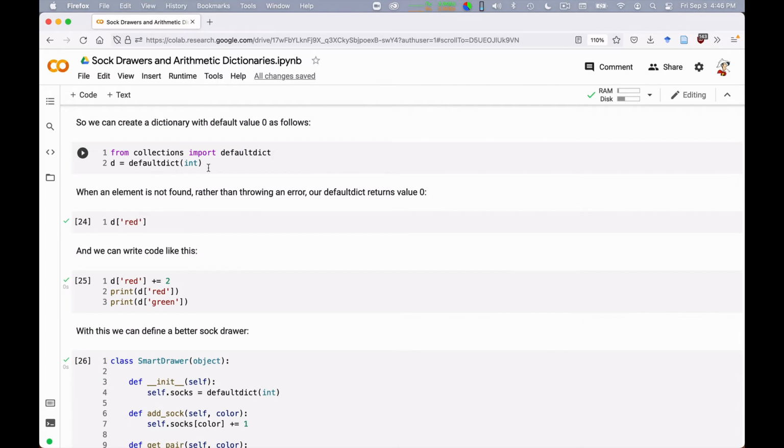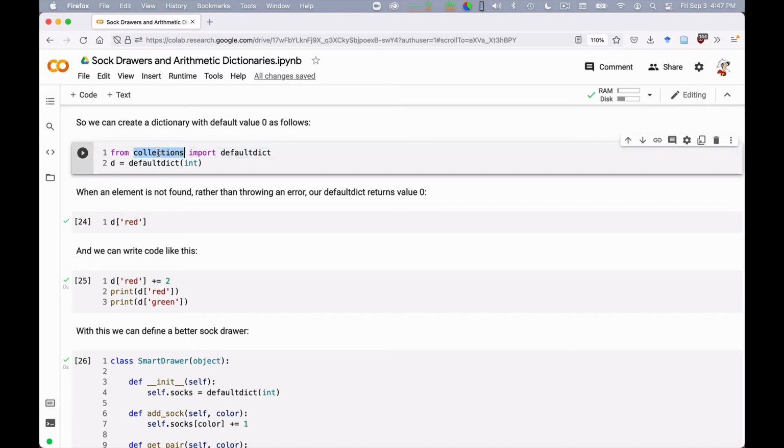So what we want essentially is a dictionary such that when something is not in it, it has essentially a value of 0. And there is a way to do that in Python. It's called a default dictionary, default dict. Default dicts are dictionaries in which if the element is not found, they have a certain default. So let me import default dict from collections and define D as a default dictionary of integer.